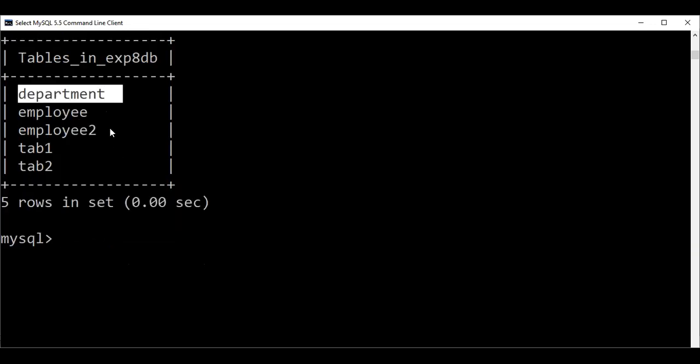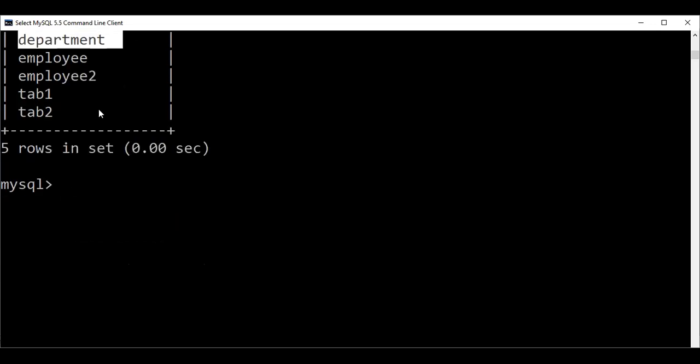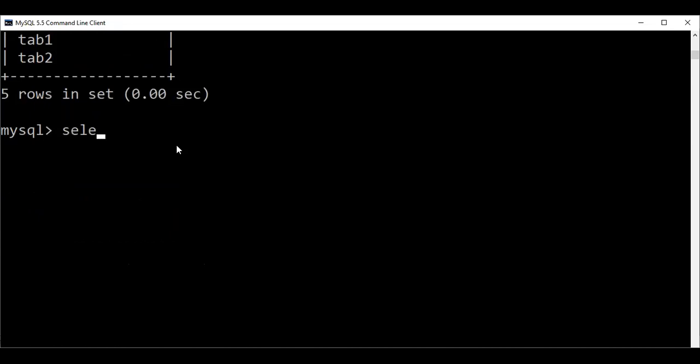Okay, so under the department table, here is how to show those data. If I write select star from, and let the table name be department. You know how to create the table. I created two tables, department and employee, and you create them in your system. Okay, so I'm showing you those data.